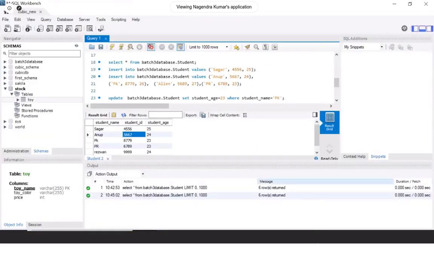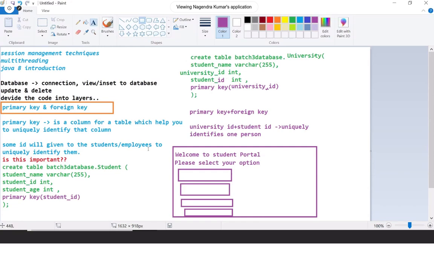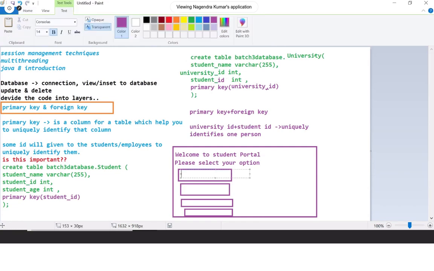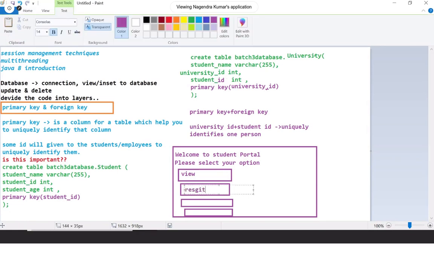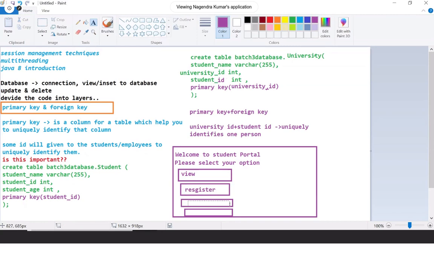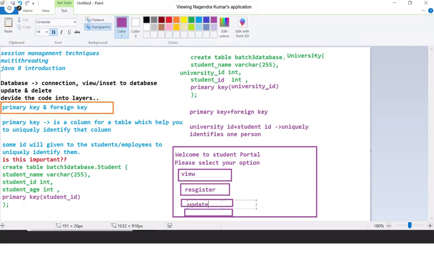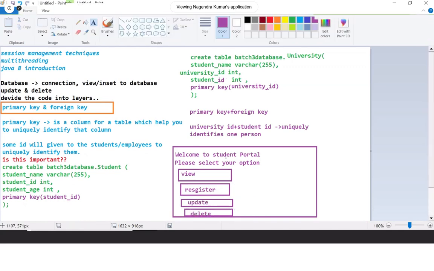Let me quickly write it. This is for view the existing student. This is for register new student. This is for update existing student. I have 4 buttons, right? And for delete. So when I say update,